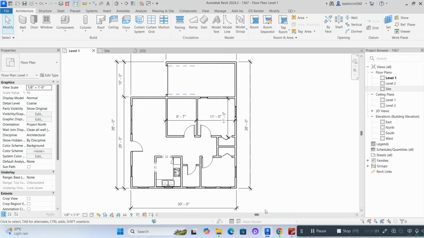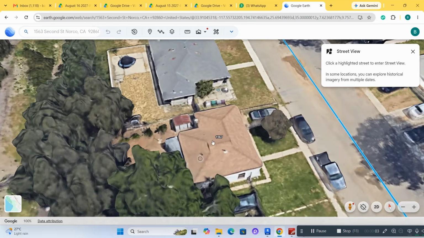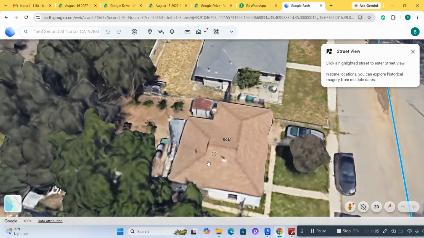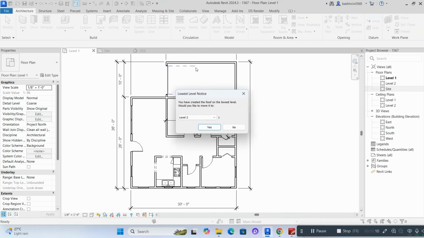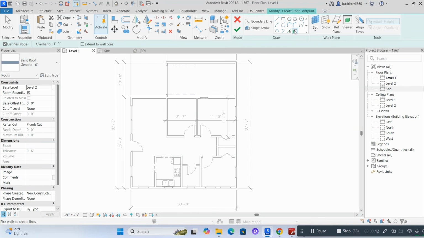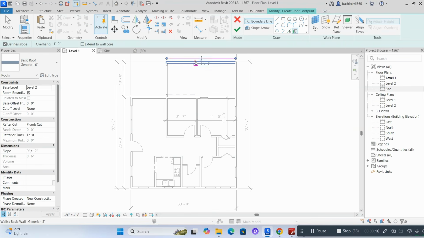In this video, we are going to model this Dutch Gable Roof. So how we can do that? We will create a roof profile for the overall house and then we will edit the parts. So for reference, I will create the overall profile of the building,